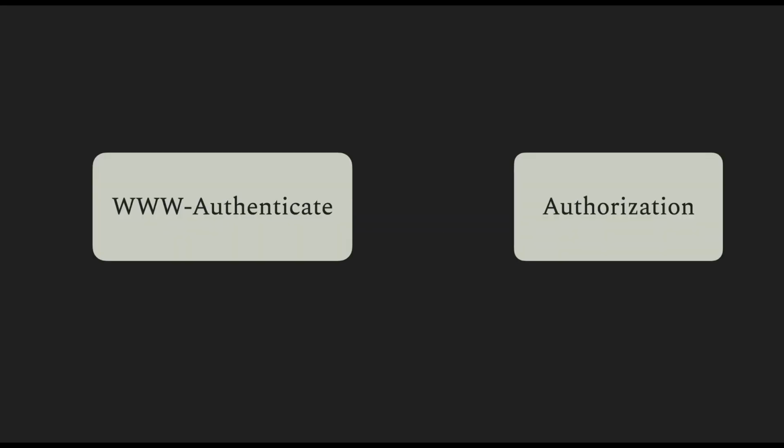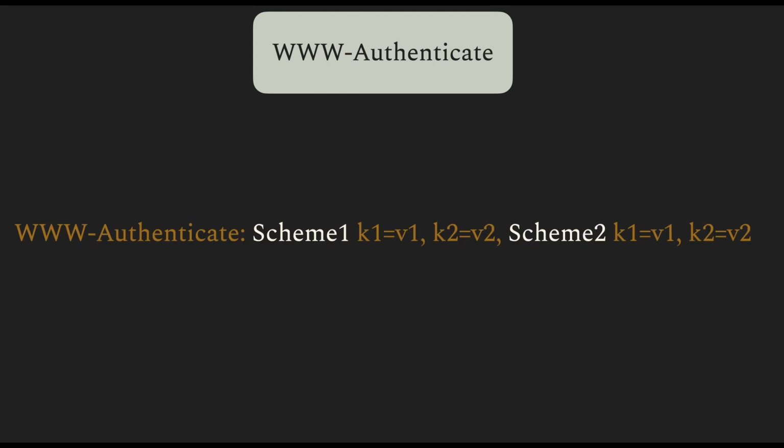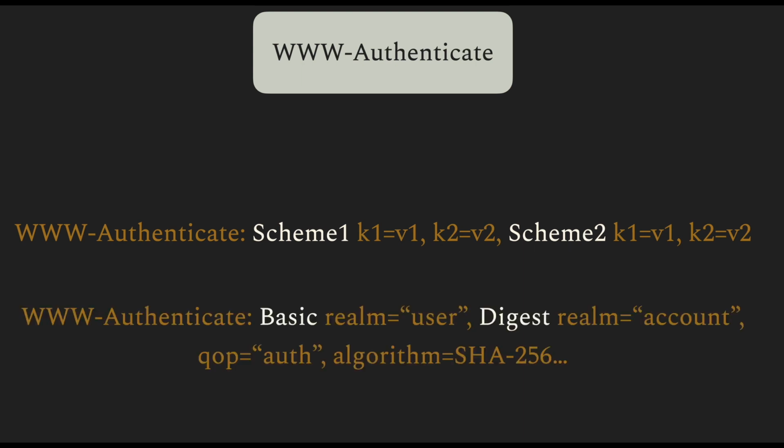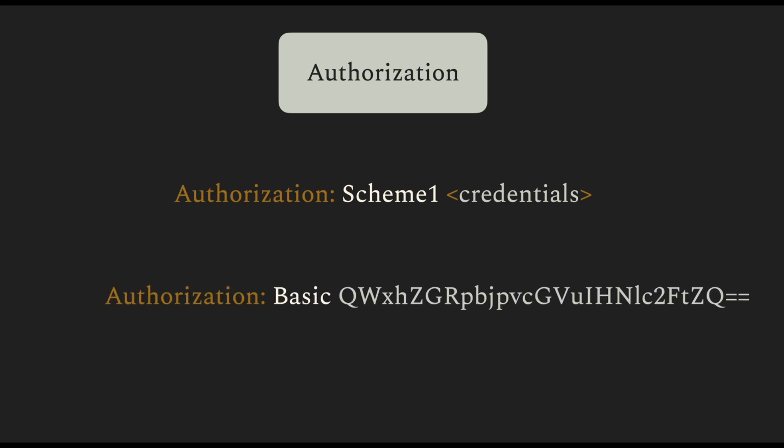These headers have specific formats which are common across different authentication schemes. The WWW-Authenticate header defines the authentication scheme and the parameters. The scheme is a string value starting with a capital letter, and the parameters are key value pairs. A server can support multiple authentication schemes for different resources. The Authorization header, on the other hand, is a response to this request, so it contains the corresponding scheme and the credentials required by that scheme.